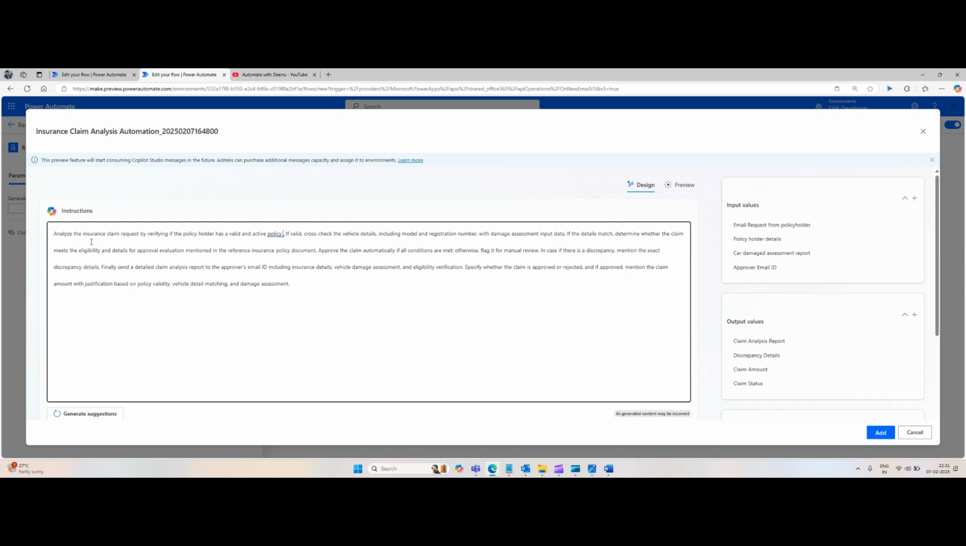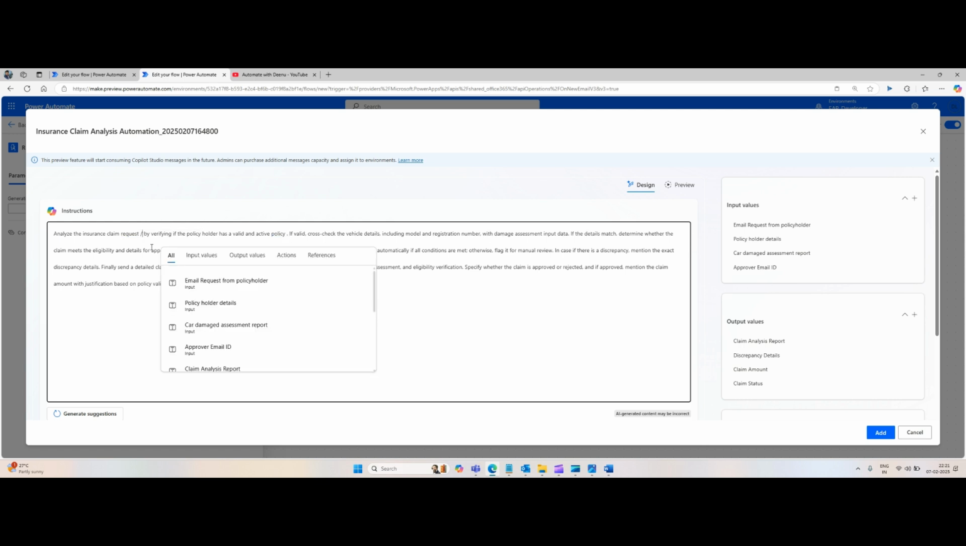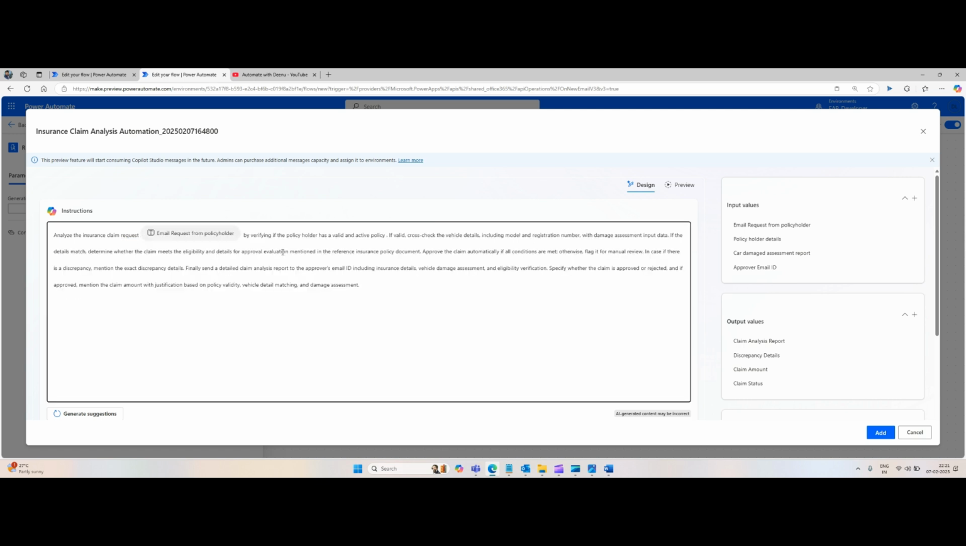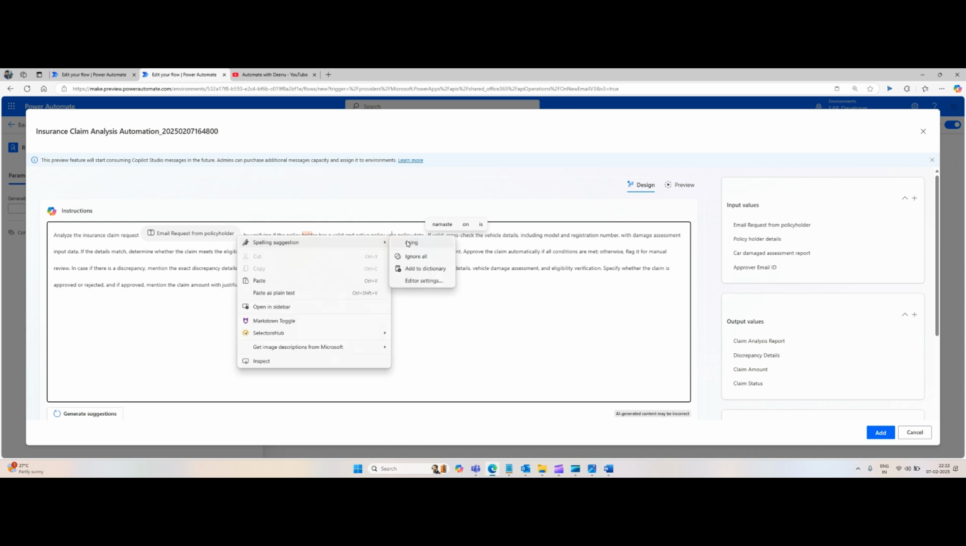So the insurance claim request is the email request from the policyholder. I will just add that input parameter, the email from the policyholder. I created that variable, and I have included it here. Then, by verifying if the policyholder has a valid and active policy using policy data,